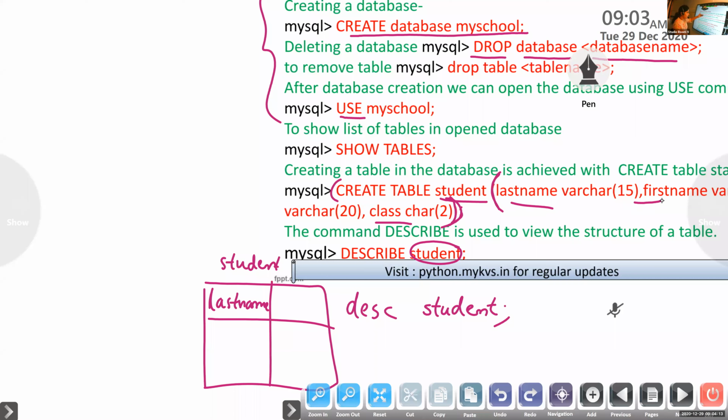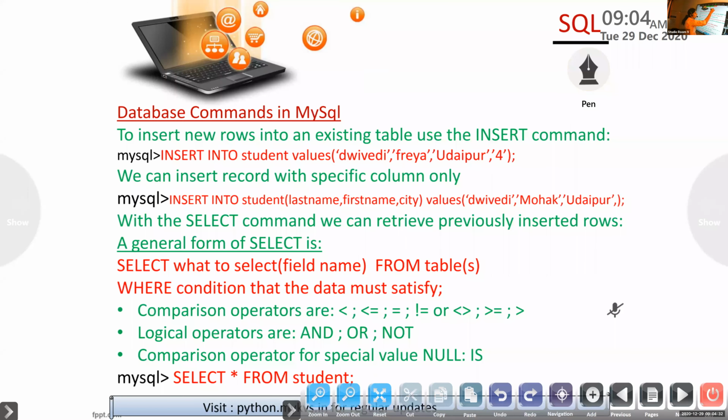Another very important statement: INSERT INTO student VALUES. Which are the different column names, Mohammed Irfan? The column names that we have created. One is last name. Question to you, Mohammed Irfan: last name, then?